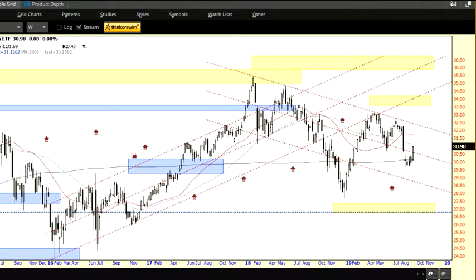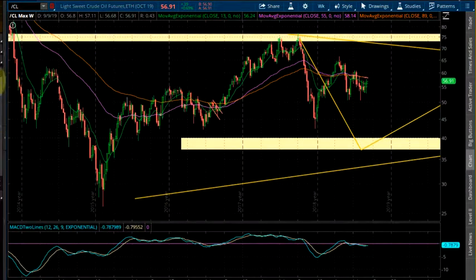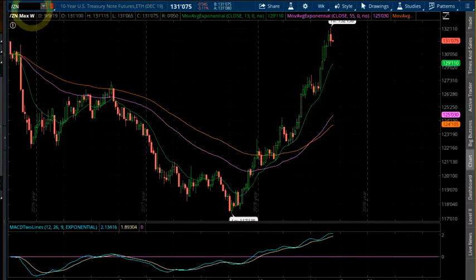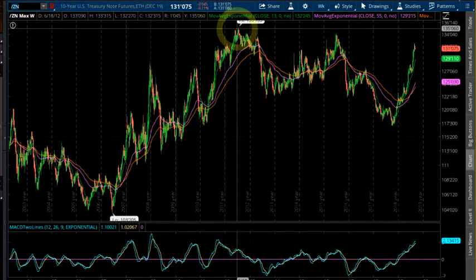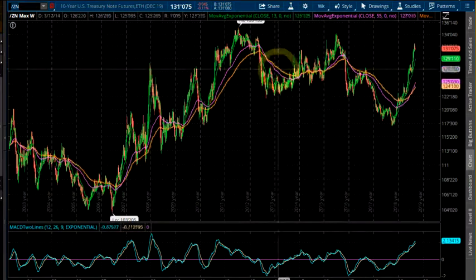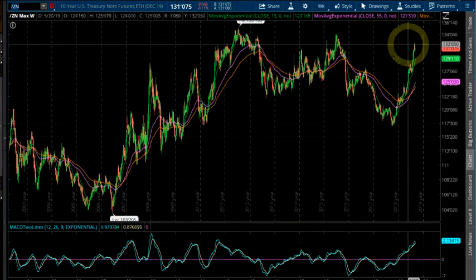All right, let's look at TOS charts real quick. The first thing I want to do is look at the bond market, since I mentioned it. So we're going to look at the 10-year note, which is ZN. And notice, down here is the recent price action of the bond market, but here's the high way back in 2012. So, I'm not sure exactly what the pattern is here, but